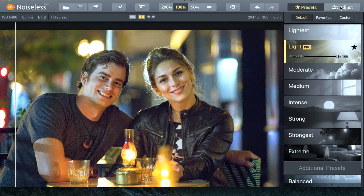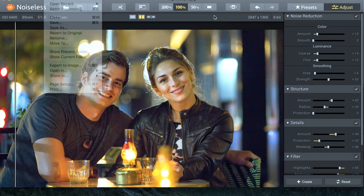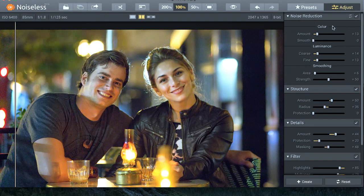Okay, so now let's talk about the adjustments. Again, the presets are very easy to use. No special training required. The software is going to take care of it on its own, and then you basically move little sliders or choose other presets to make the image look to your taste. Over on the adjust side here, I've got